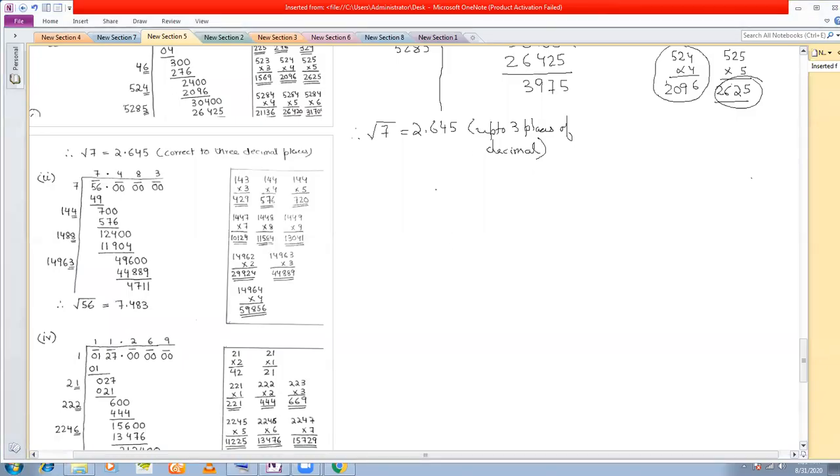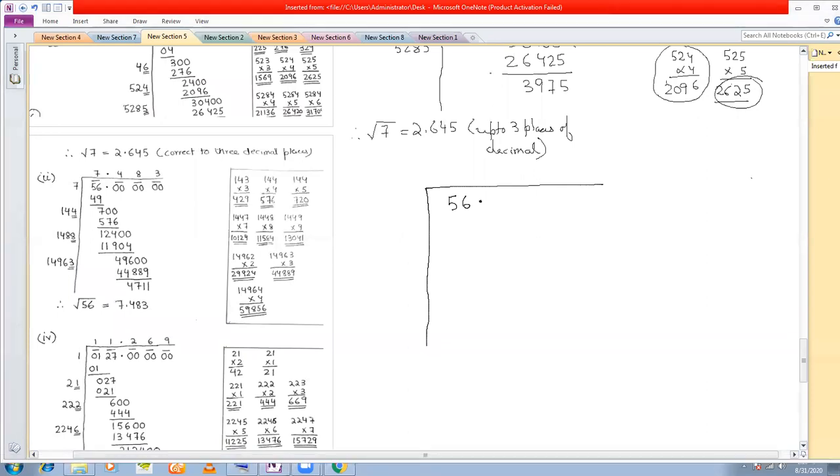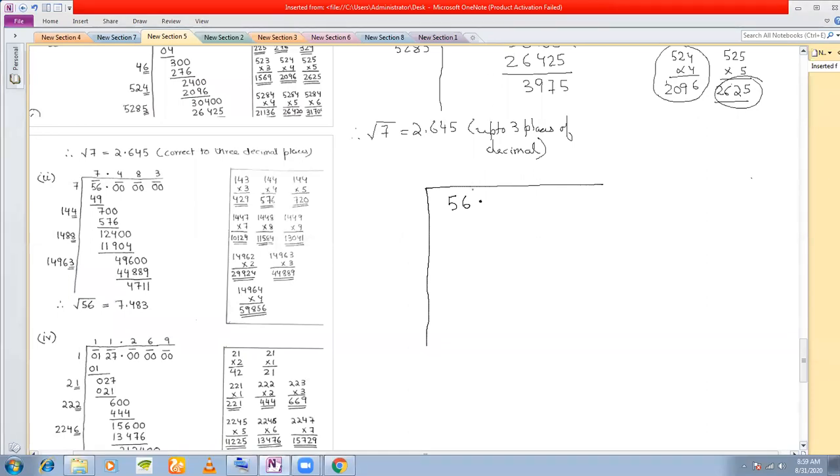So we draw a table to find out the square root of 56. Okay, so you have your 56 and you have a decimal point here. And how many pairs of zeros should I take? I'll take 3 pairs of zeros because I want to find out the square root till 3 places of decimal. Just as in the case of 7 I had done, I'll take 3 pairs of zeros.